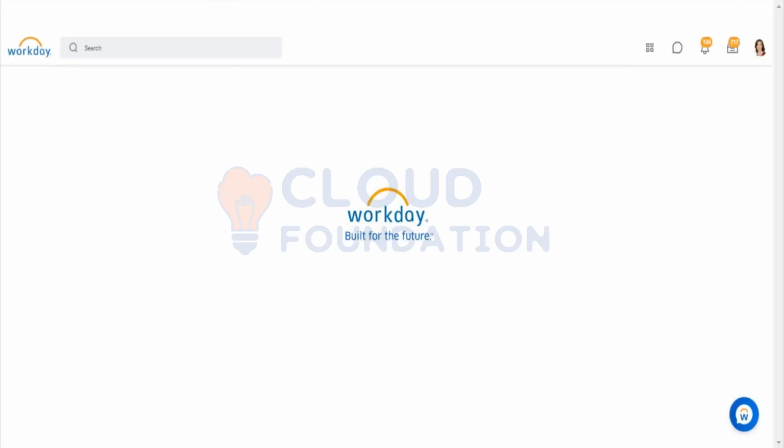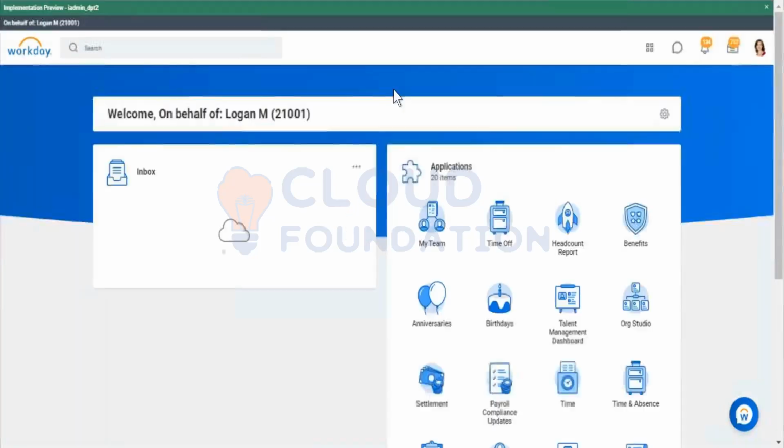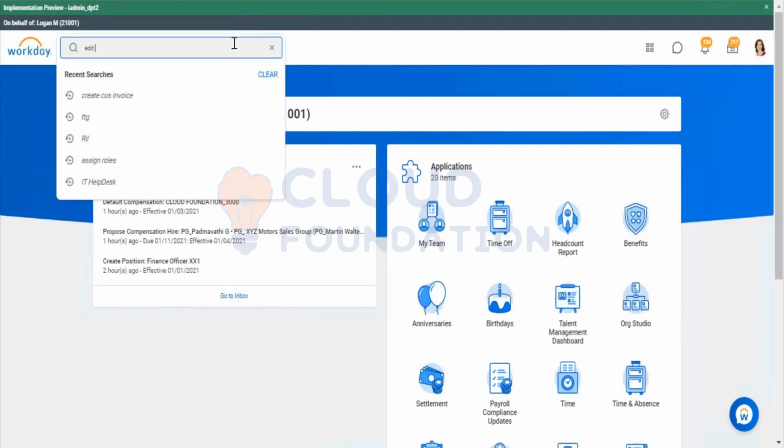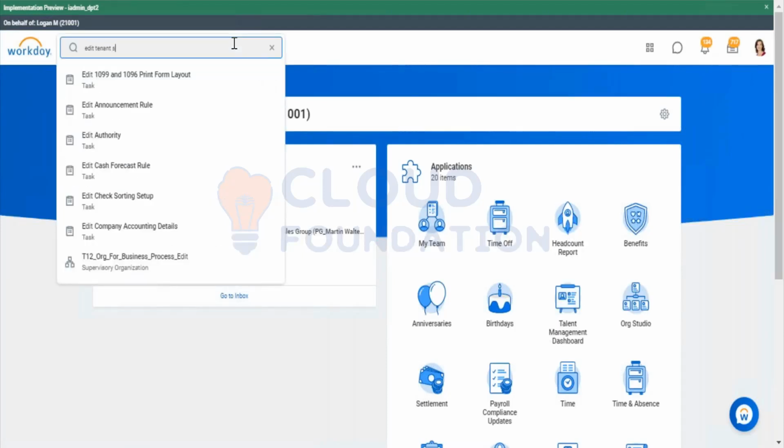And regarding the EIB thing, we won't be able to understand the EIBs until and unless we understand it manually, the logics for each and every field over here. EIB is just a very one-time small activity wherein we just give the data in the Excel and upload that particular Excel somewhere in Workday. But before doing that, we should know the logics for each and every configuration which we are doing. Okay, so let's go for the second edit tenant setup task,